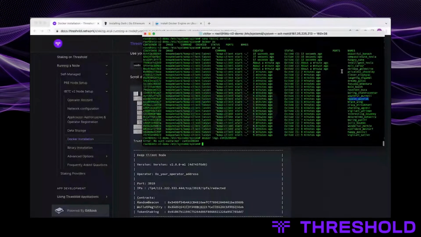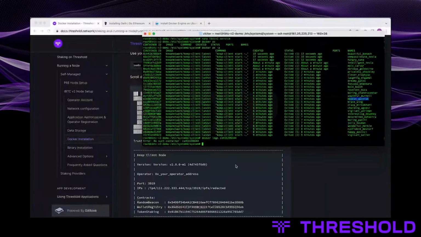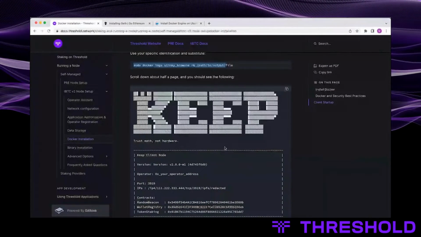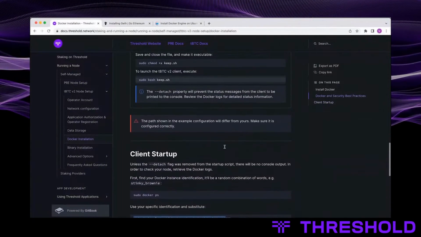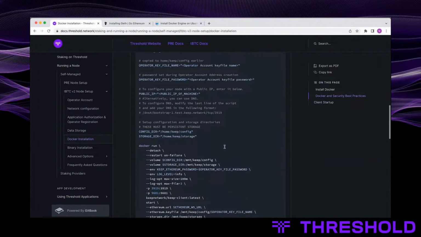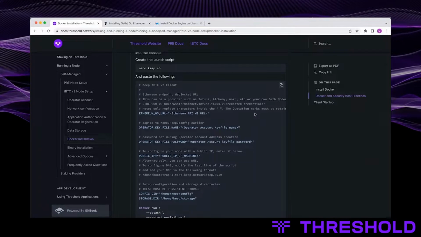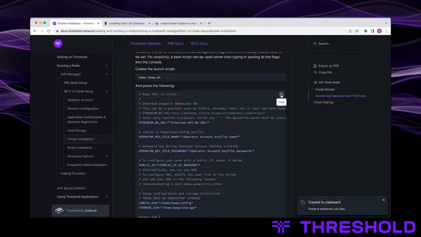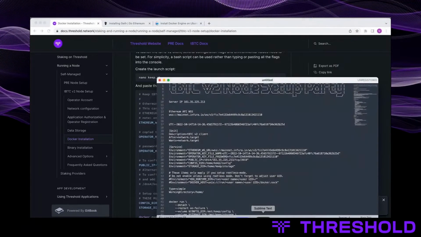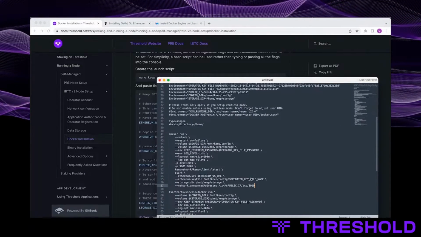And so I guess what we could do, just to show that it does work, is copy this as a launch script.